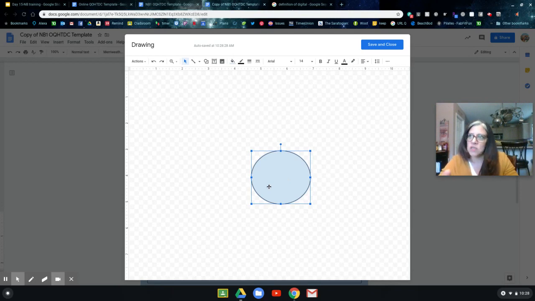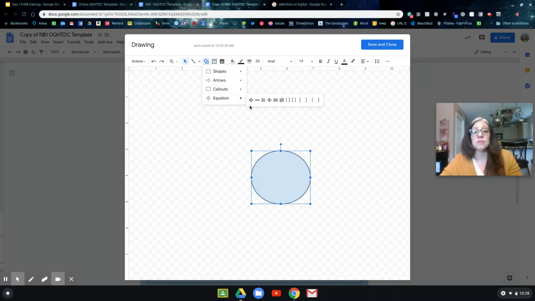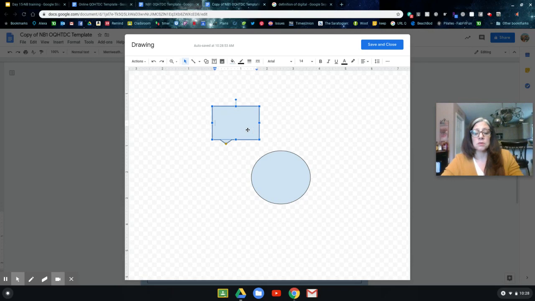Now I can change the format of the circle by using the tools up here. I can fill it in with a different color. I can take the color away from the inside and make it transparent. It's up to you to play around with that and see what you can do. I love the shapes because I can also do a talking bubble. And then I can type in it. So watch this. I've been practicing. I'm super excited. Yo. There's my guy, right? Saying yo. My circle's saying yo.